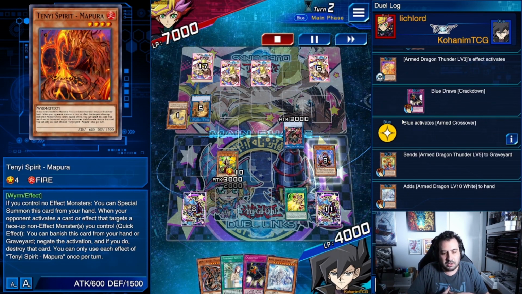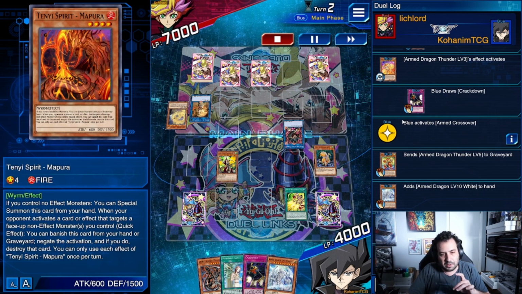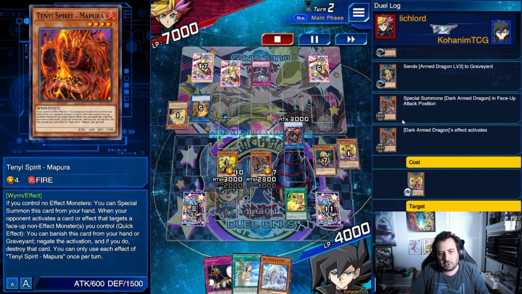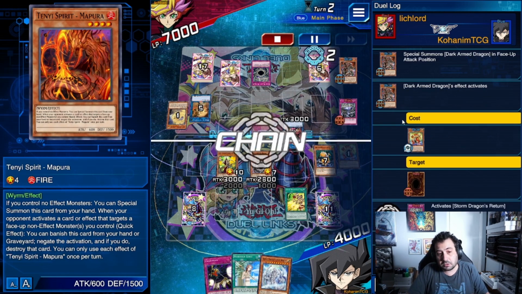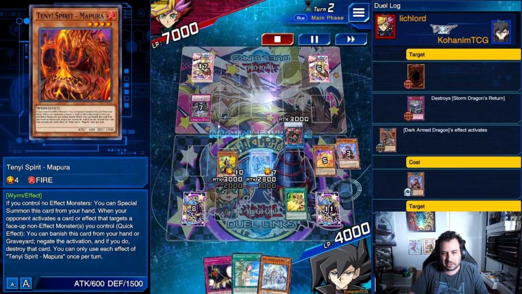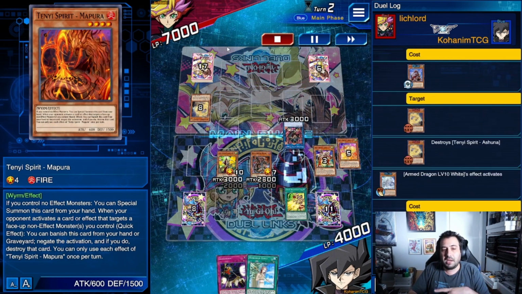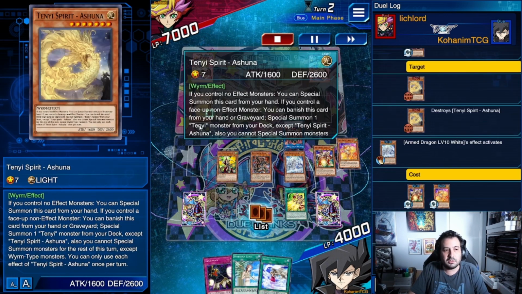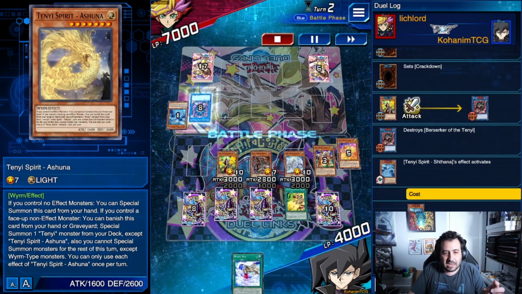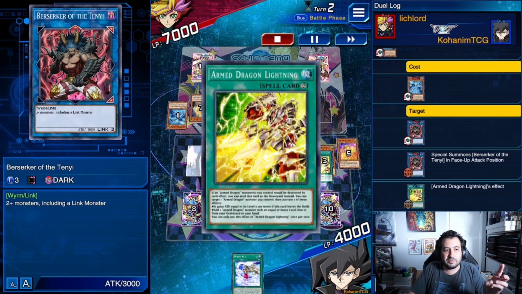Typically, you'll get another Dark Armed or an Armed Dragon level 10 White, but he had a lot of cards to stop that here. So I special summoned Dark Armed, and I went straight for the back rows, since if I targeted his normal monster, he'd be able to take down the Dark Armed Dragon with the effect from his grave. Then I destroyed his special summoned Shuna using Dark Armed again, and I attack his Berserker of the Tenyi